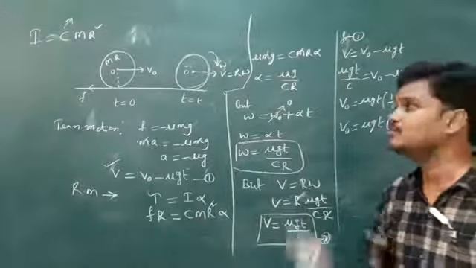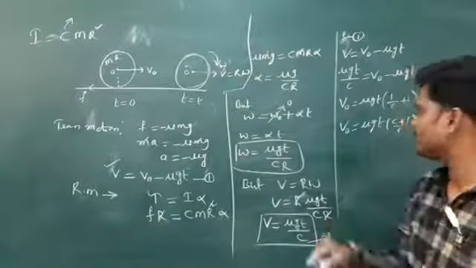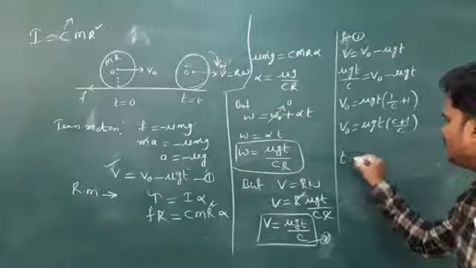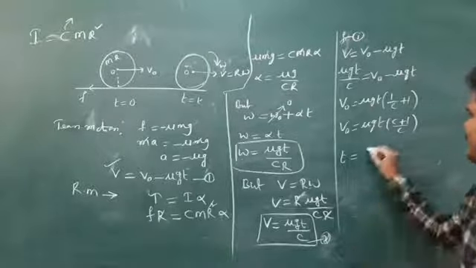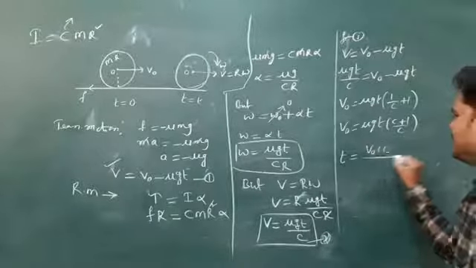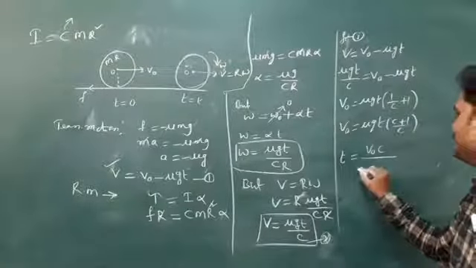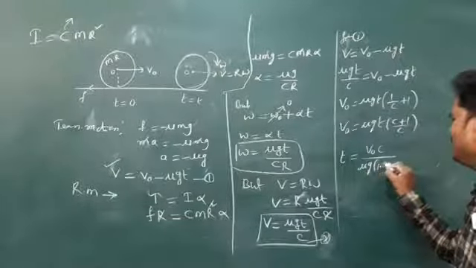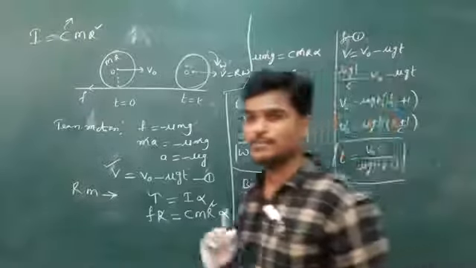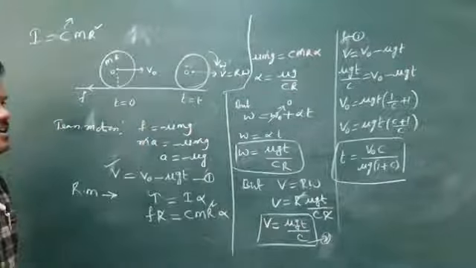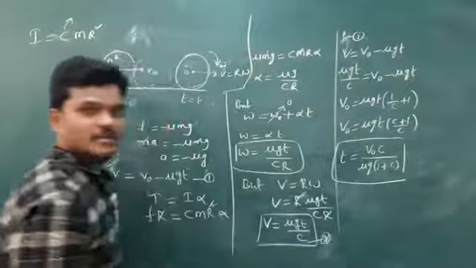Instead of this, by using the law of conservation of angular momentum also, we will get the answer. Let us try that also. So here t is equal to the time after which the pure rolling will start, means t is equal to v naught c by μg(1+c). So this is the time after which pure rolling will start. If it is a disk, just substitute c value 1/2.